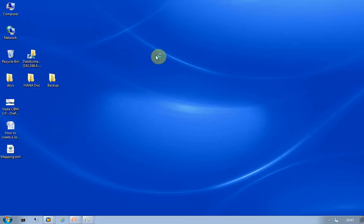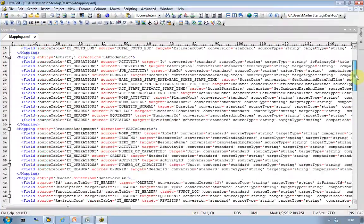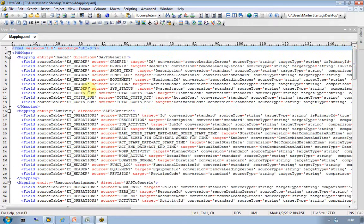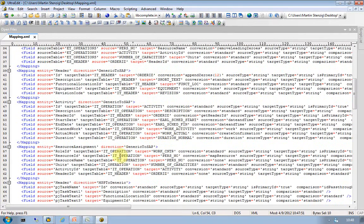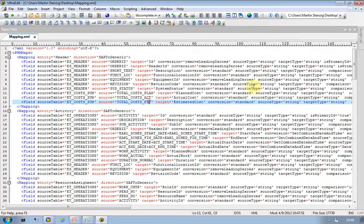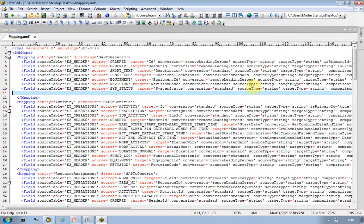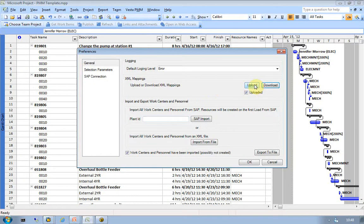What you see here is all the mappings that we're using to transfer the information out of SAP into MS Project and vice versa. So you see here that we're mapping the short text to a standard field, and then the standard field in itself is mapped back down here against the description field in the MS Project field. But simply by either commenting out or deleting these individual lines, I could take out the cross transfer out of the MS Project transfer, load this mapping back into my MS Project environment through the upload functionality, and that's all I would need to do in order to